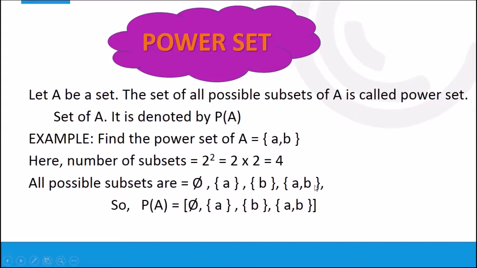Now how to write it? These are all subsets. The same procedure that we learned for making subsets. The only thing is, you will write P, which stands for power set, and A. Don't write A in all sets. Suppose your set name is B, then instead of A you write B. Then all the subsets you have to write inside square or curly brackets. Means gather all the subsets and put them in the brackets. So that will be the power set. I hope you understood.